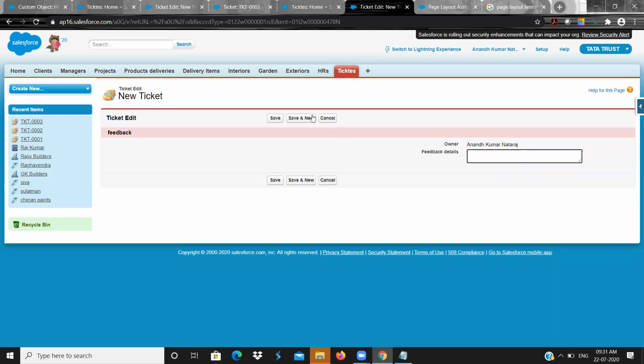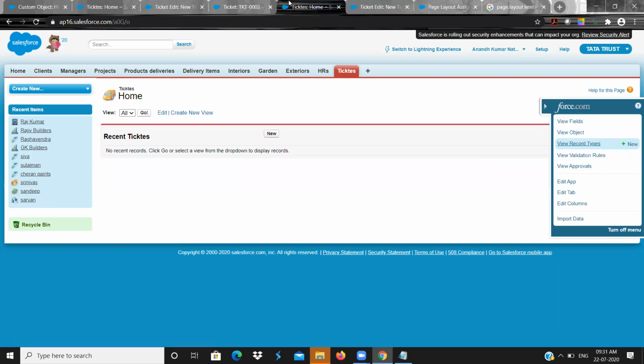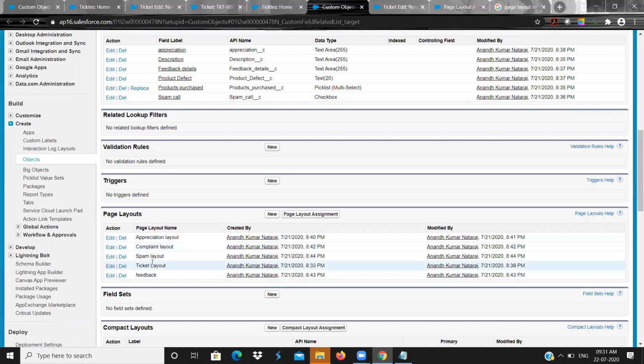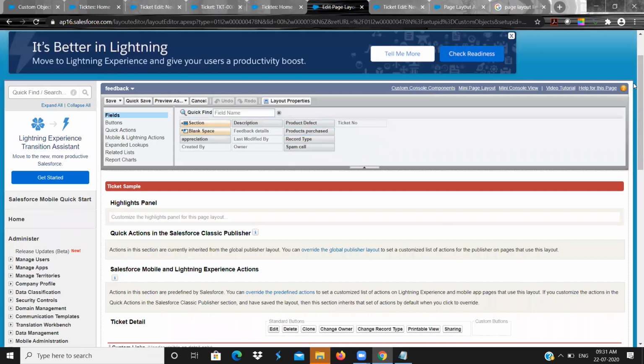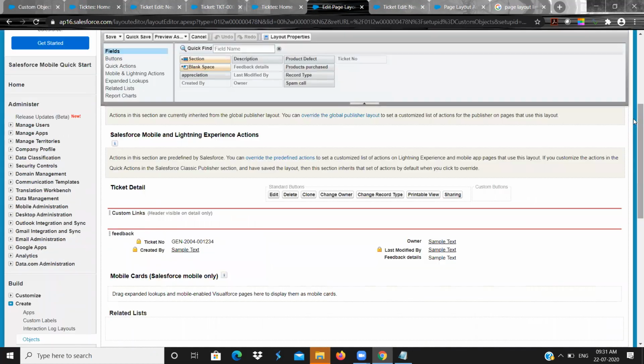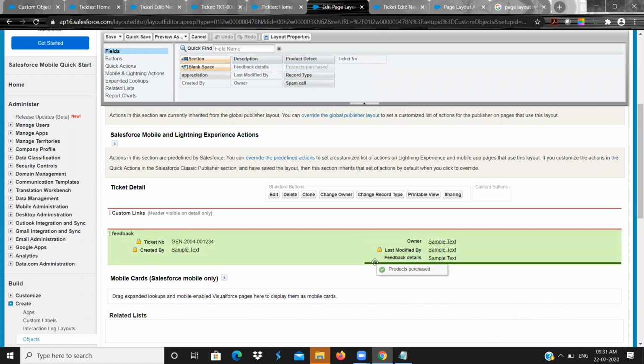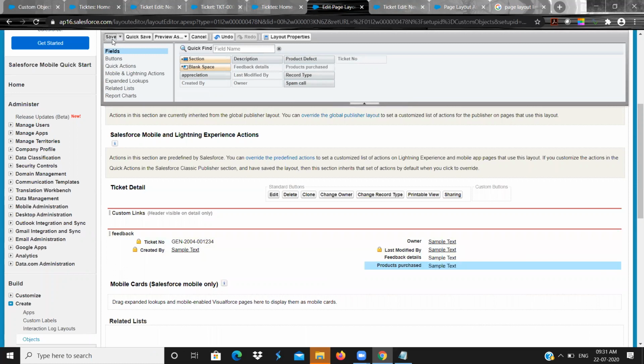That field is not available. So quickly go to the backend, view fields, go to the page layout of feedback. Click on edit. Now product purchased, you need to drag and drop, because it is not having that field, it is hidden. So now save.